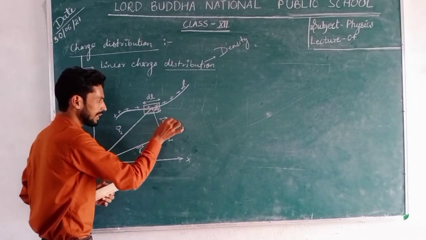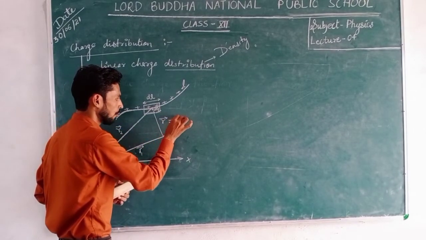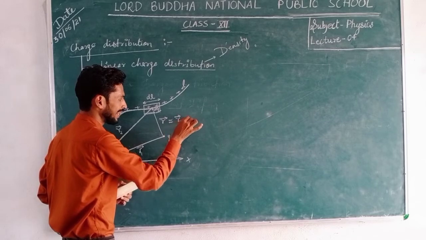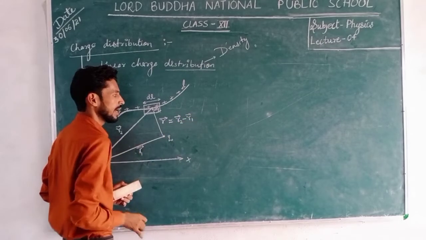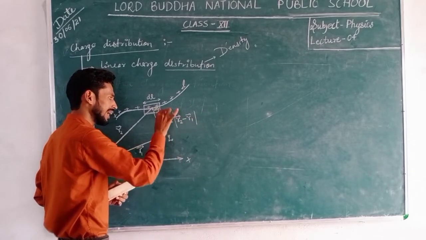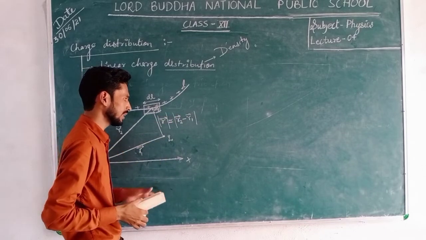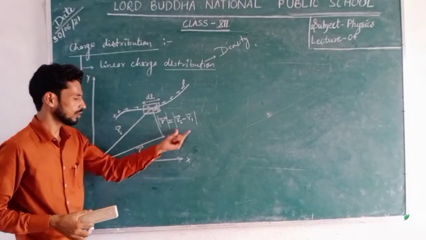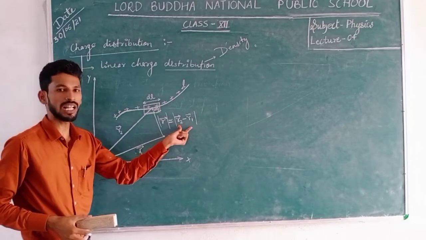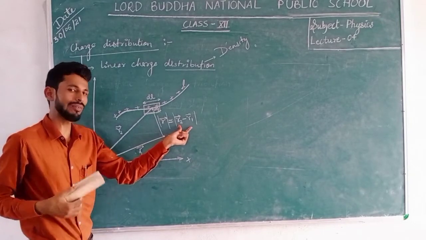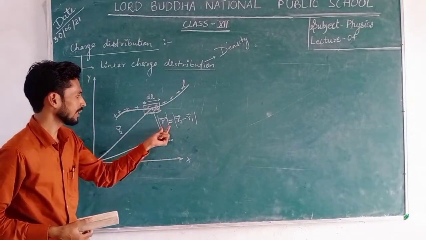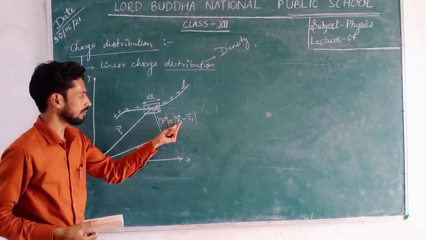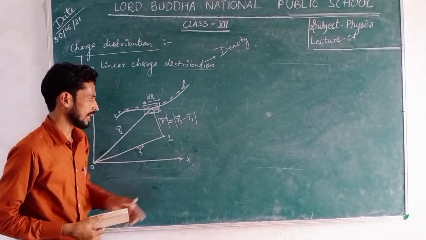So this will be displacement, that will be the vector r2 minus vector r1, and take the mod here, because we are taking the magnitude of this length. So mod represents that all the values should always be positive. So we are taking vector r equals mod of vector r2 minus vector r1.